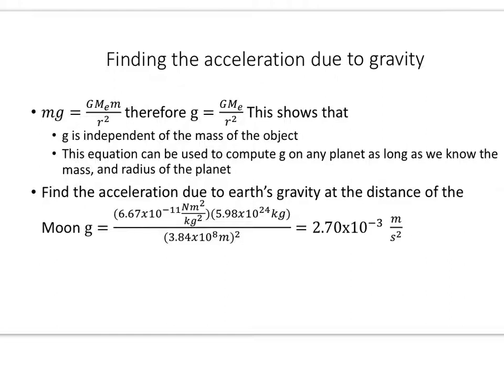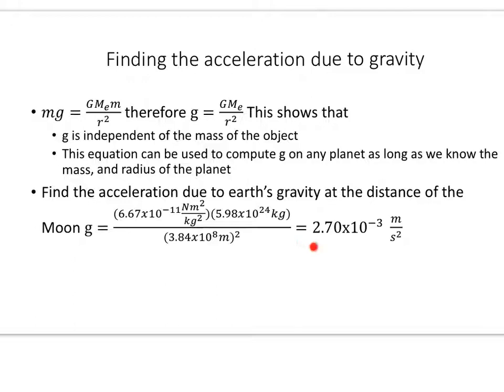So there's big G. This is the mass of the Earth, and we're dividing it by that distance. This is the distance from the center of the Earth to the moon, 3.84 times 10 to the 8th meters. Now this comes out to be 2.70 times 10 to the negative 3